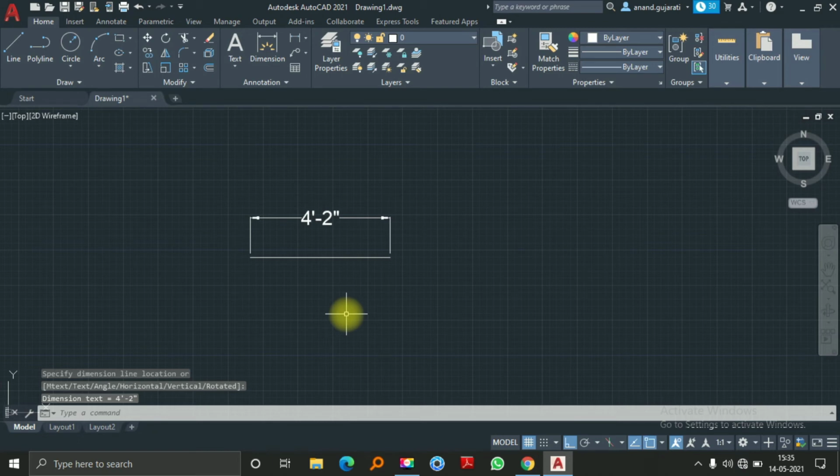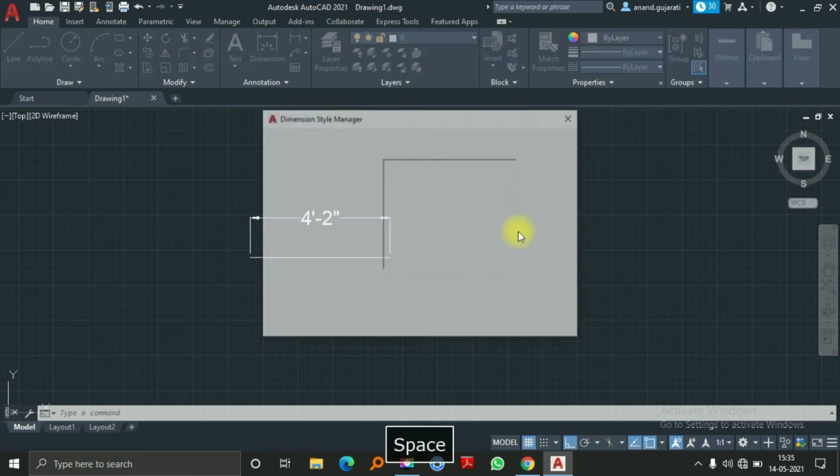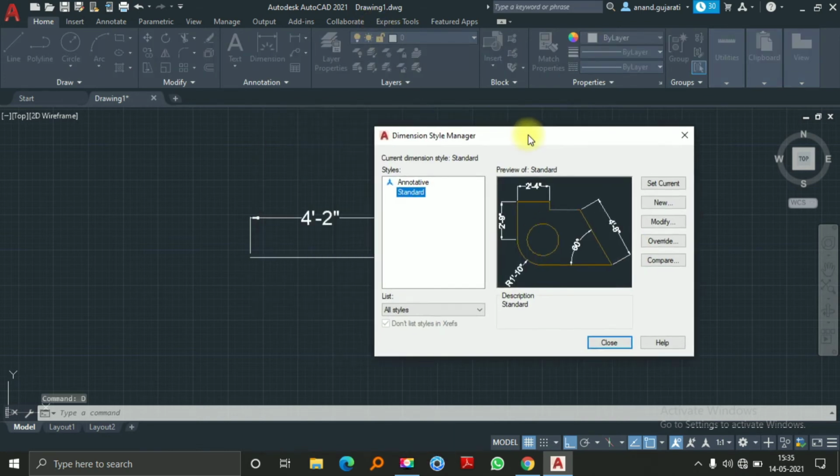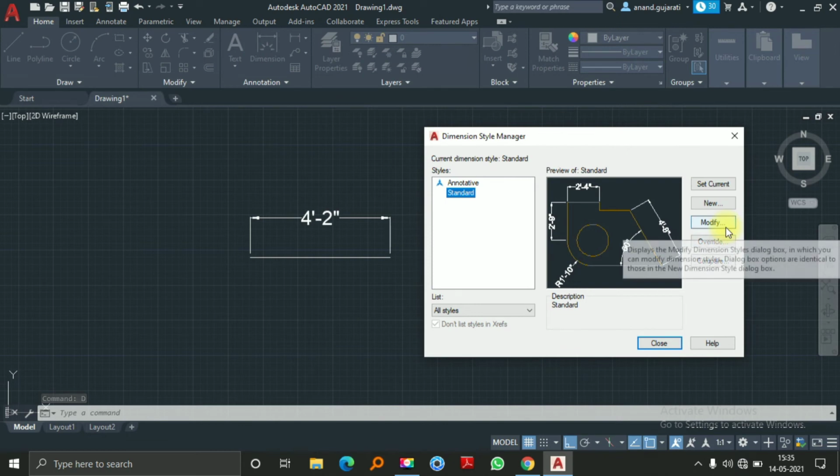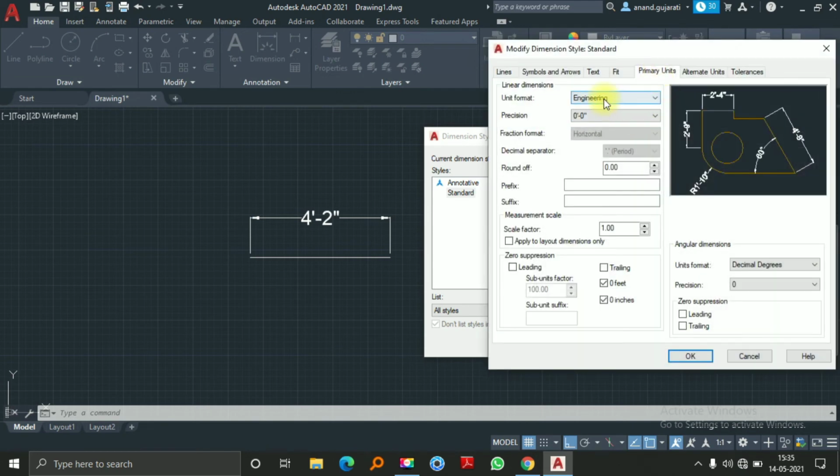But here is the catch. Why does it not reflect 50? Because in the dimension style manager we selected the engineering format.